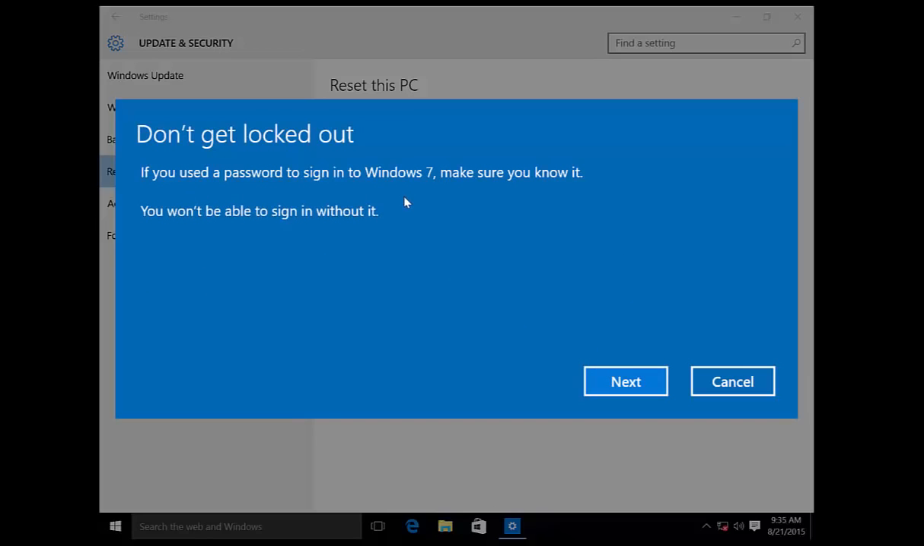You also need to know the password that you were using in Windows 7. If it is the same as what you're using in Windows 10, you already know that, but make sure that you know what password you were using with Windows 7. If not, you won't be able to log in. Now click next,